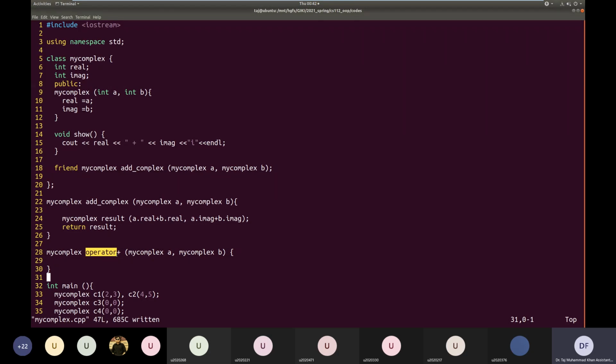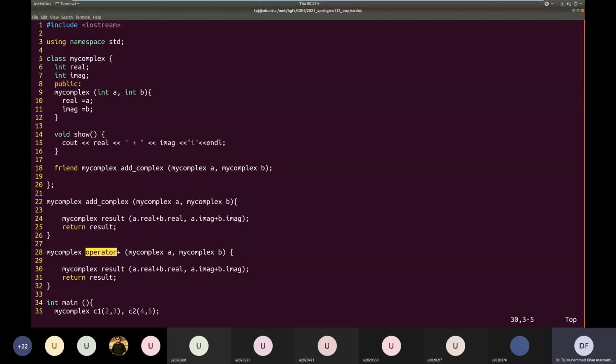So the rest is basically the same. We copy this functionality and paste it here. And then once we have done this, we should theoretically be able to do this. I'll come to C4 later, but first try C4.